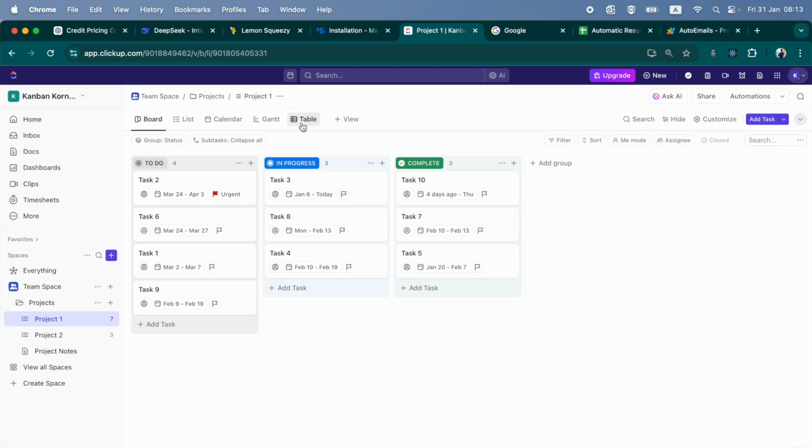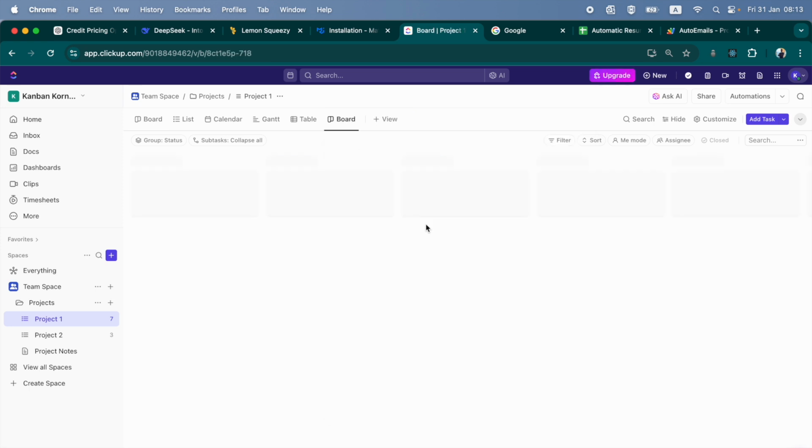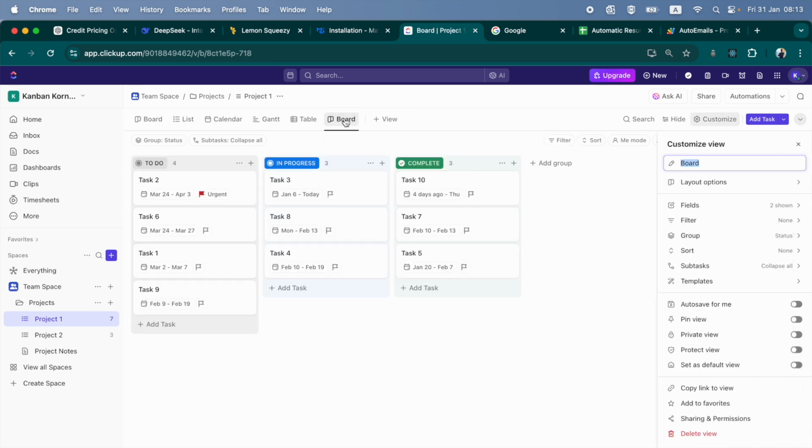Let's say you want to create another, or let's say you have this board, but you also want another board with the same tasks in it. So it's a matter of adding another view like that. And obviously, instead of calling it a board, you can call it grouped by, we can just call it task type,